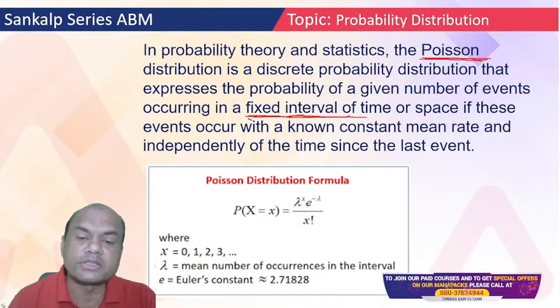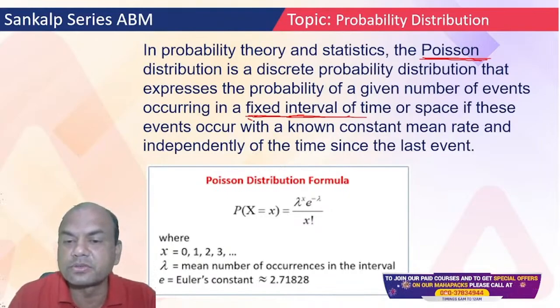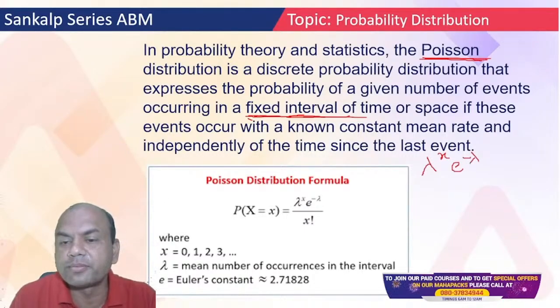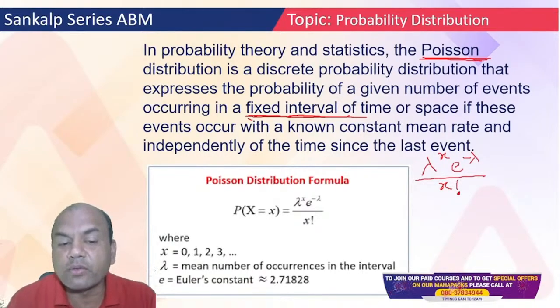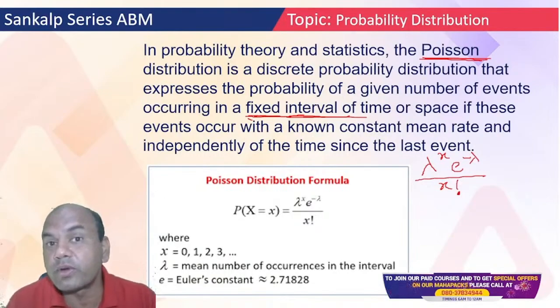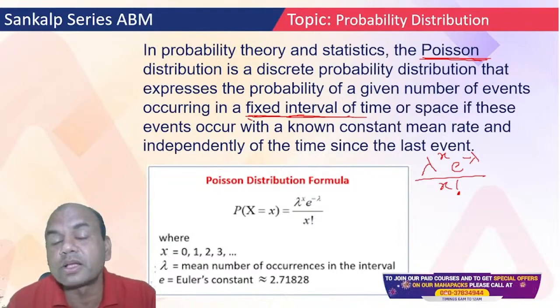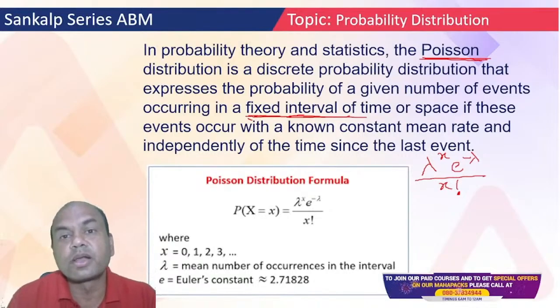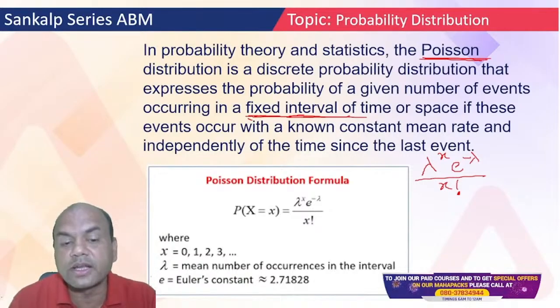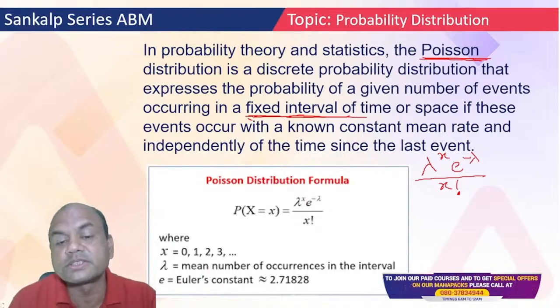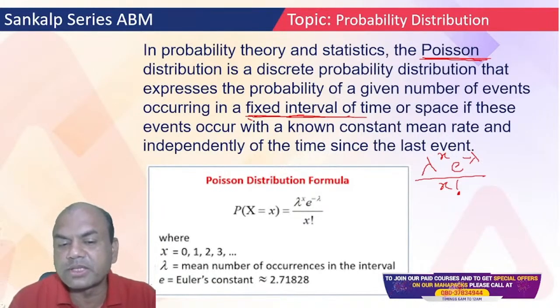What is the formula for Poisson? See this. The formula for Poisson is lambda raised to x, or e raised to minus lambda upon x factorial. What is x? Required. X equals 0, 1, 2, 3, whatever is required. Lambda is a constant thing which is happening constantly. Every 2 hours, electricity is gone. Per day, 2 hours, electricity is not there. So that is a constant thing. And e is known as Euler's constant. It is roughly 2.72. 2.718, it's a big number, but you can consider it 2.72. So this is Poisson.